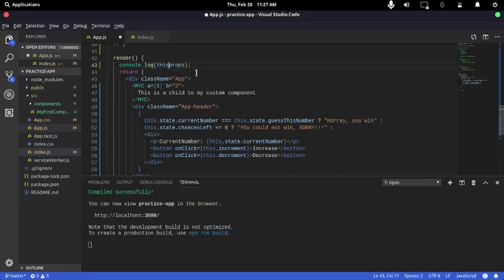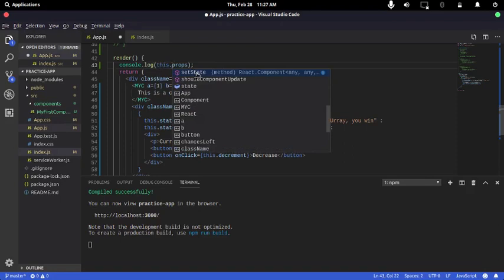So I'm going to write this dot props. Now you know why I did that, right? Because the props is passed to app, and this right here will refer to app. So where I need to look, if I'm JavaScript, you are telling me where to look for the thing called props, and this will point to app. So inside app somewhere there has to be a property called props. And if I save this now, if I go back,